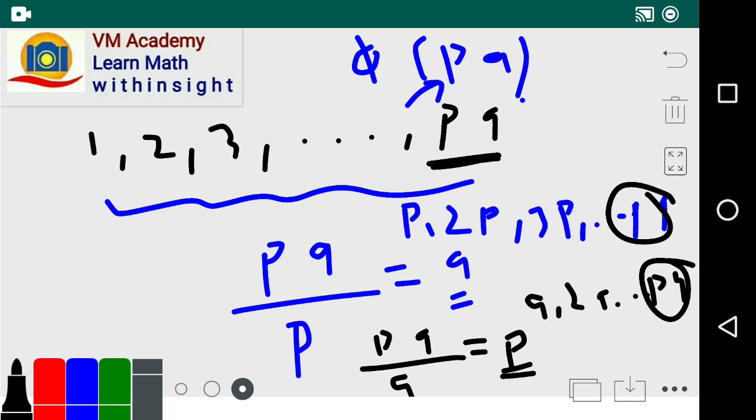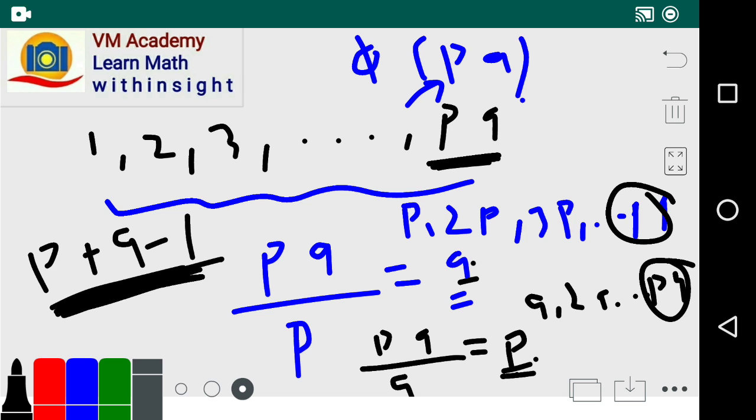So how many numbers are there up to PQ that are not co-prime to PQ? So this Q plus this P, plus Q. In this counting, PQ is counted twice, so we have to subtract 1. So these many numbers are non-co-prime to PQ. So numbers that are co-prime to PQ are nothing but the total number PQ minus this many numbers.